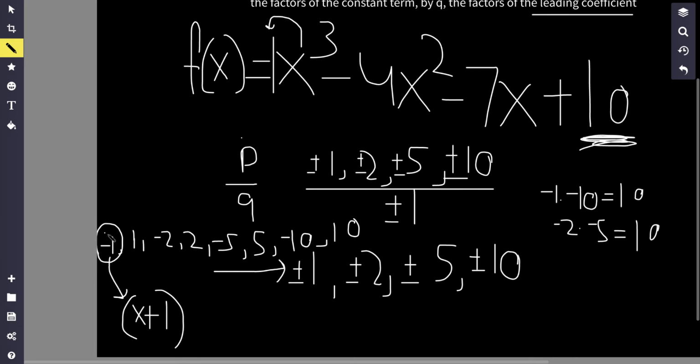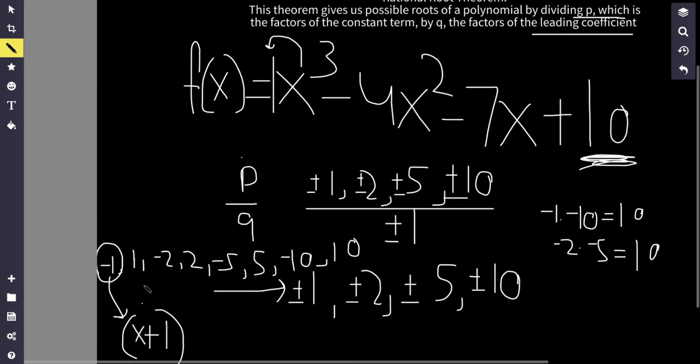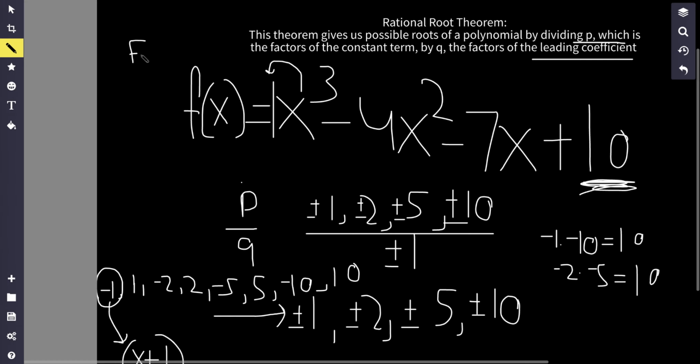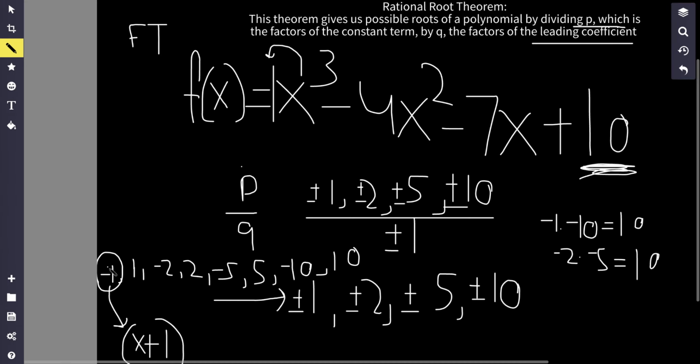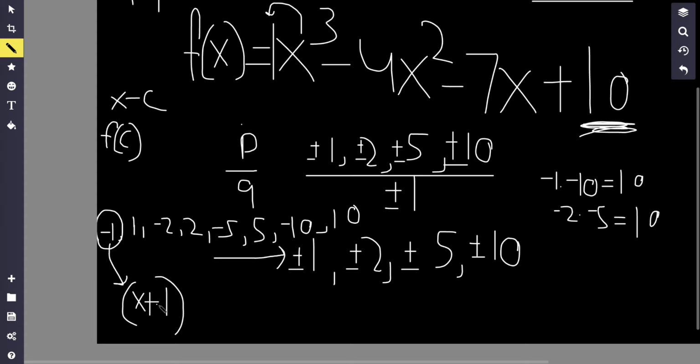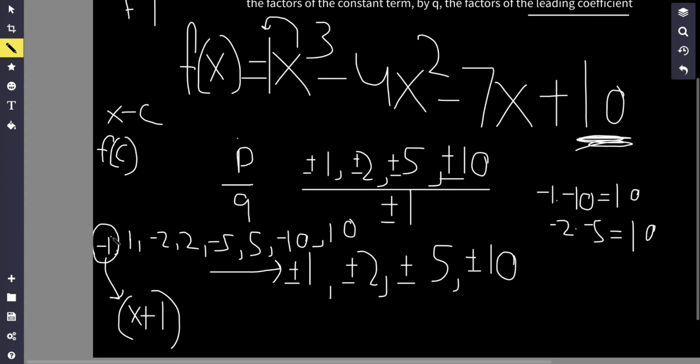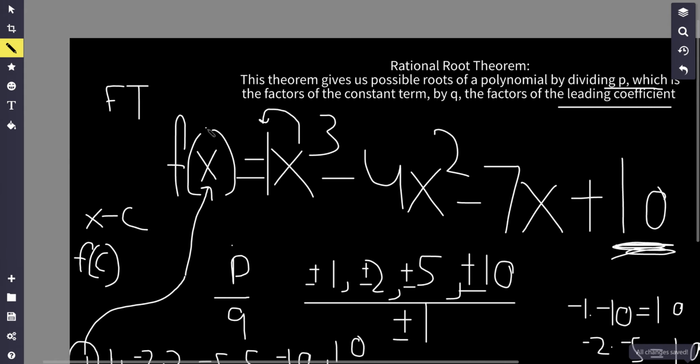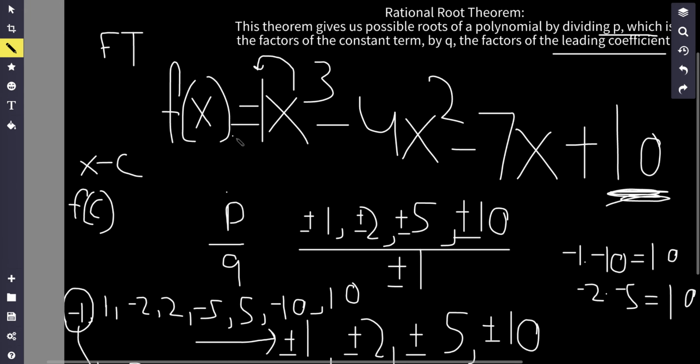A way to figure out if this is a factor of this polynomial is by the factor theorem, right? The factor theorem. I'm just going to put ft. And remember, if you have x minus c and you're trying to find out if this is a factor of f of x, just plug in f of c. So in this case, if I'm trying to find out if x plus 1 is a factor of this polynomial, I'm just going to plug in -1 into this polynomial. So f of -1